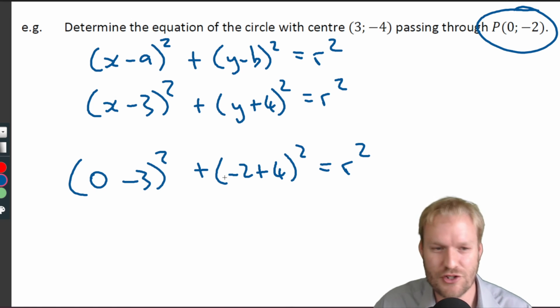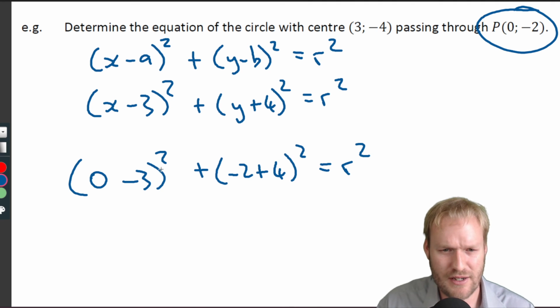So we can just substitute that in. 3 squared, I think, is 9. 2 squared is 4, and I'm jumping ahead. This is 9, right? This is 2 squared. 9 plus 4 is 13. In other words,